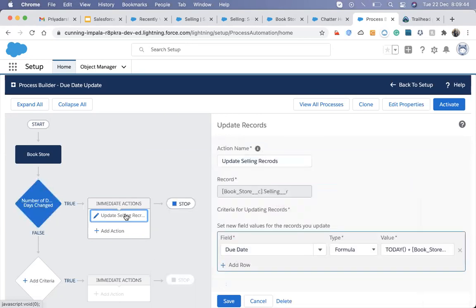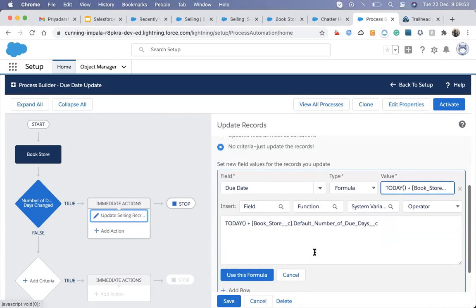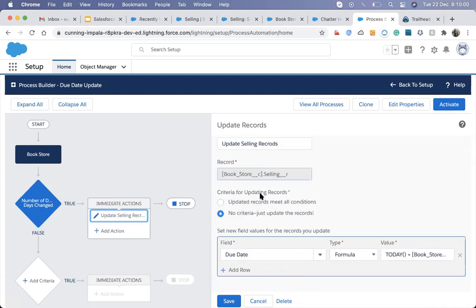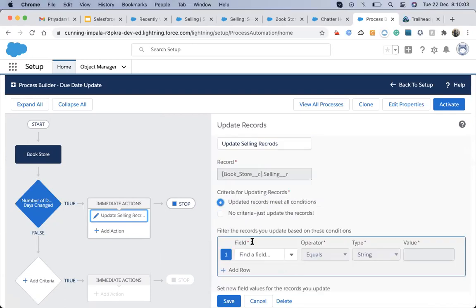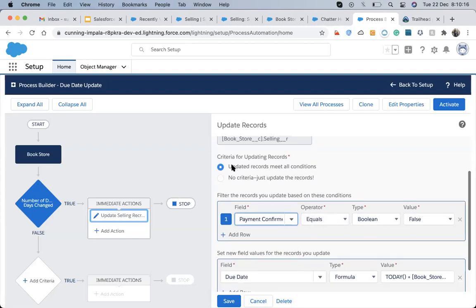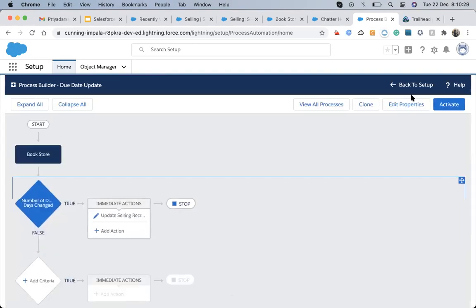I go up here, and in this criteria I will also check the payment field. Before it sets the new field, I will add a condition that it will update only those records whose payment confirm field is false. Then I hit save.